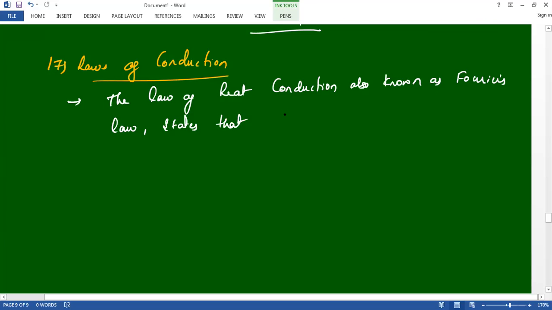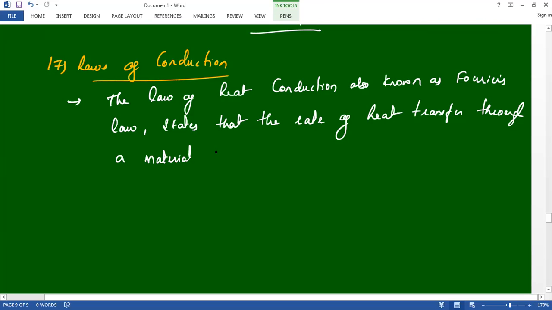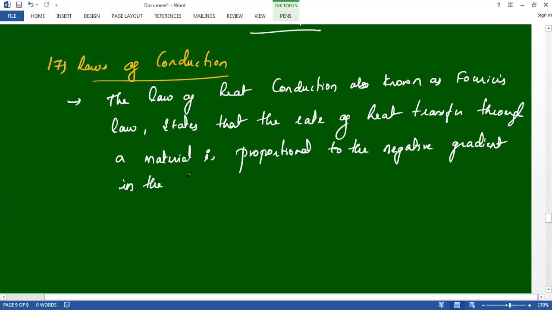The rate of heat transfer through a material is proportional to the negative gradient in the temperature,